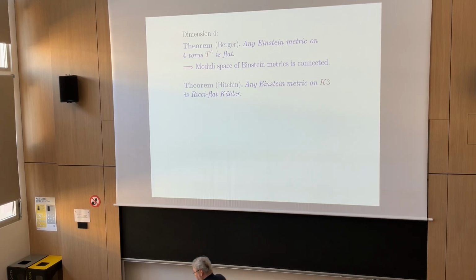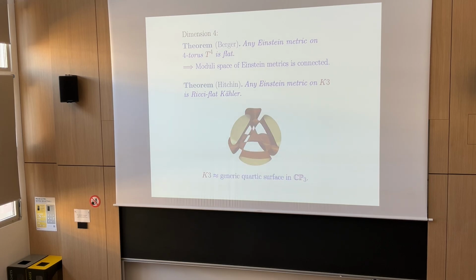The next theorem that was of this flavor, which was proved, was by Nigel Hitchin in the 1970s. And he showed that any Einstein metric on a certain four-manifold, K3, is actually Ricci flat and Kähler. Those kinds of metrics are now called Calabi-Yau metrics, but Yau had not proved that they existed yet. So which manifold are we talking about? This is a certain simply connected four-manifold, which we will get to know better, called K3,